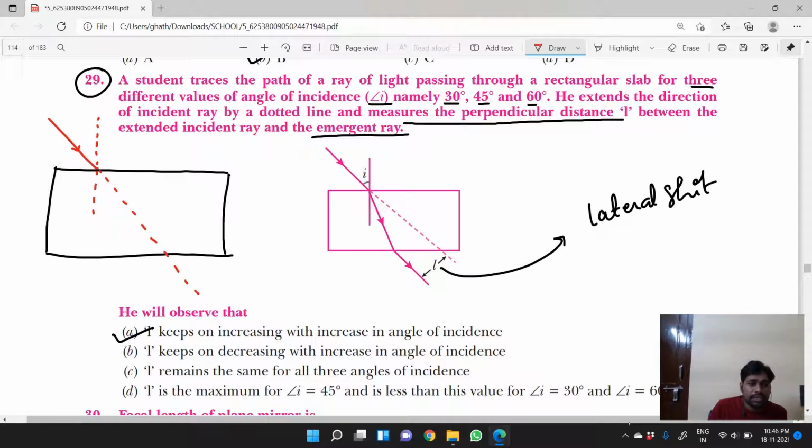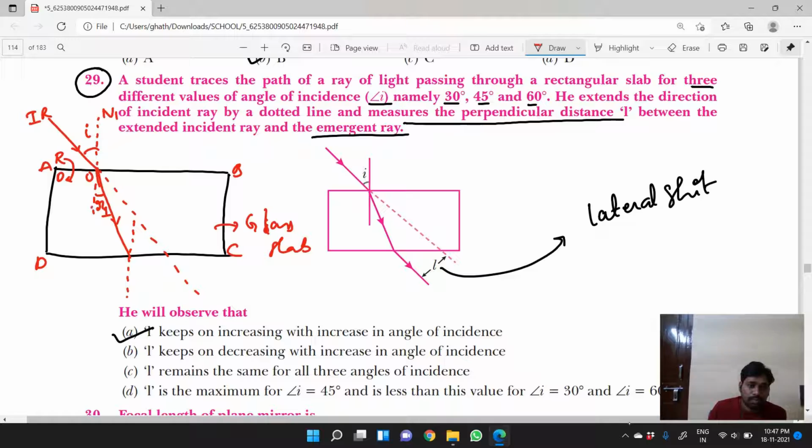So the angle between the incident ray and normal N1 at O is called the angle of incidence. As light is traveling from the rarer air to the denser glass, this A, B, C, D is a glass slab. So this is the actual path of light, but as it is going from rarer to denser, it bends and travels like this. Then the angle between the refracted ray and the normal is called the angle of refraction. If you draw a normal here,